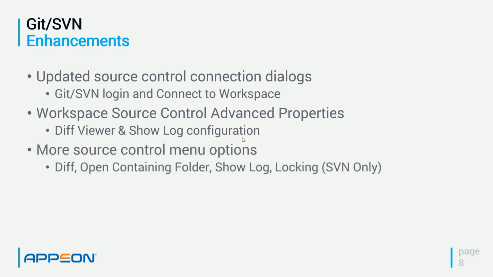Now obviously, if you've got that option, those options become available in the PowerBuilder IDE. So now there are new options available when you right click on an object under source control. There's diff, there's show log, there's also open containing folder. What that's for is if there's something you want to do that is supported by Tortoise SVN or Tortoise Git